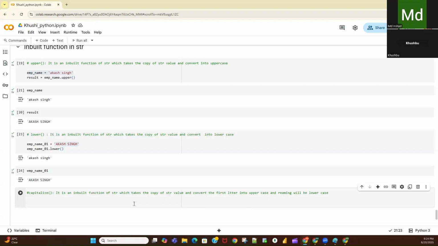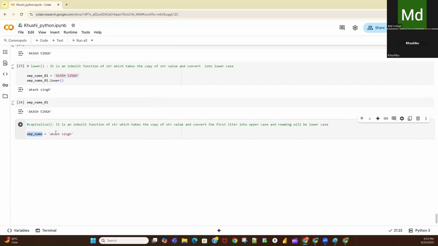Let's say I'm taking this data, employee name equal to Akash Singh. So here in this string, we have two words. This is the first word and this is the second word.